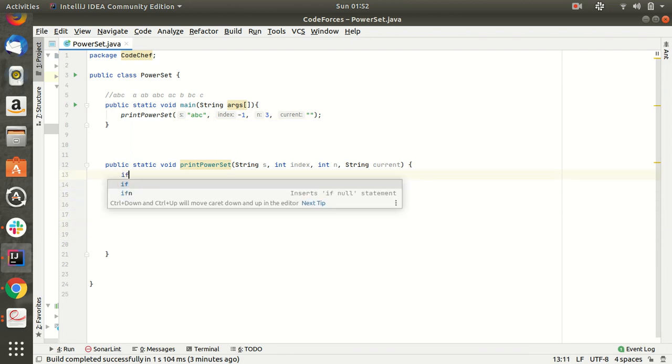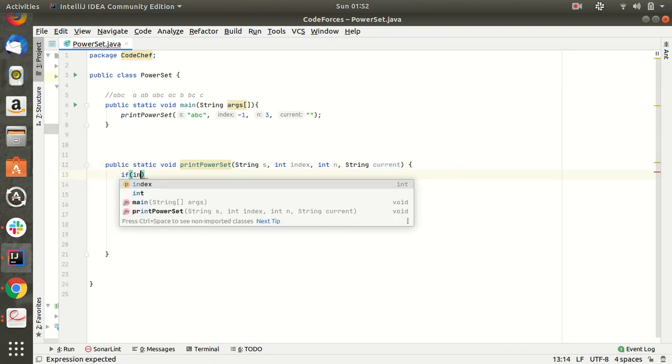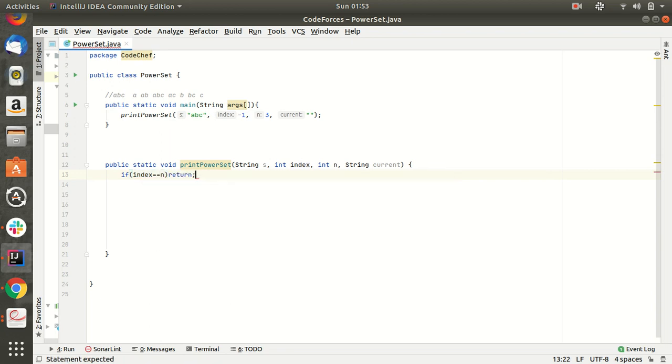We are passing the string s, which is the input string, the index, n, the size of the input string, and the current string. If index becomes equal to n, we return. This is our base condition to end the recursion.